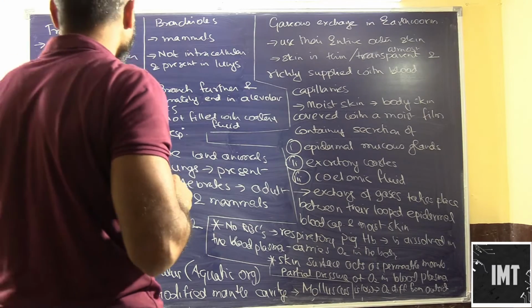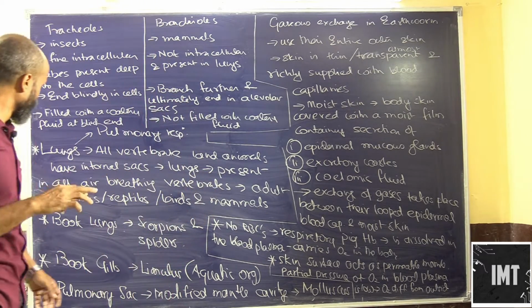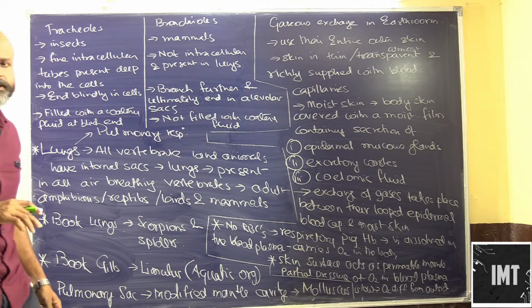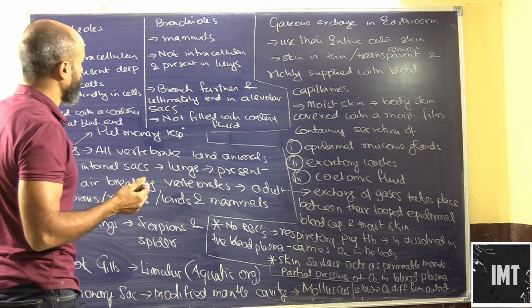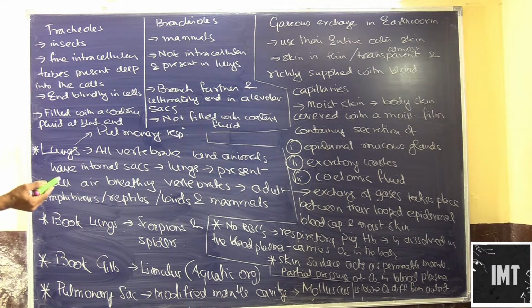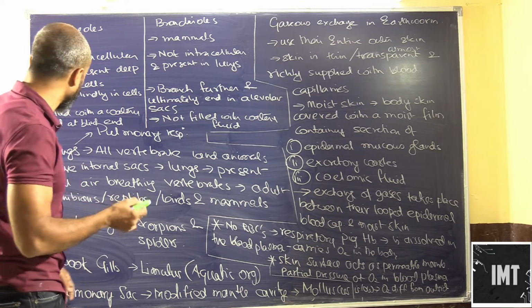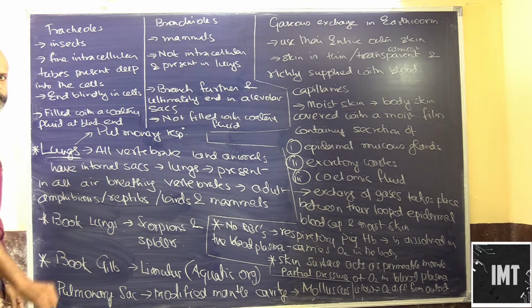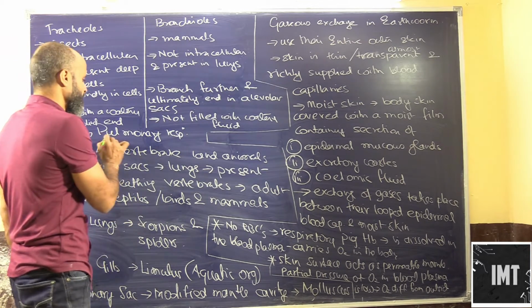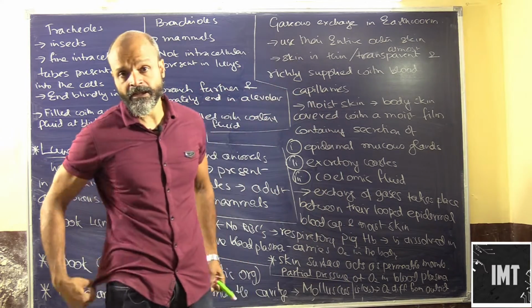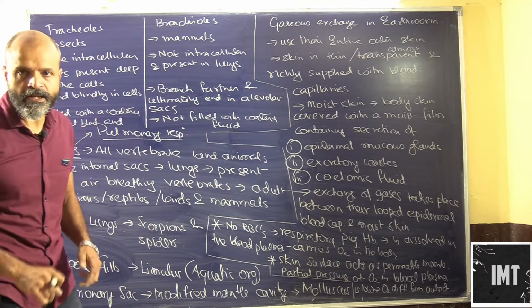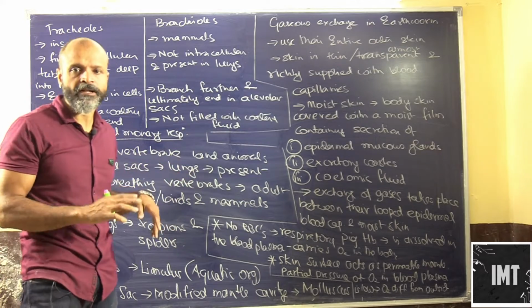So in this slide we are going to discuss some more animals and their respiratory systems. We had discussed fishes and insects as well. Now we will come to the lungs. Organisms which have lungs for respiration, which we will deal with later in this chapter descriptively, as the chapter is all about it itself.